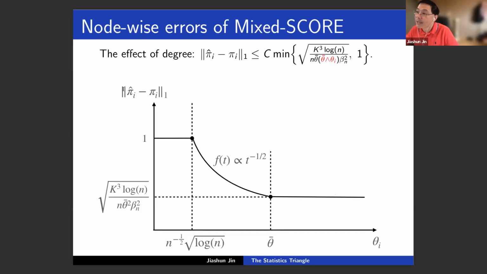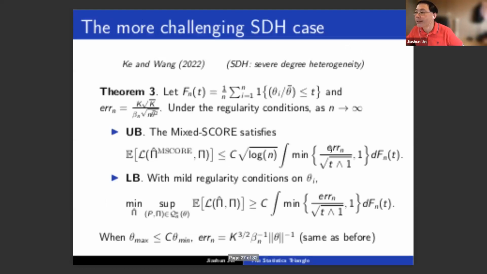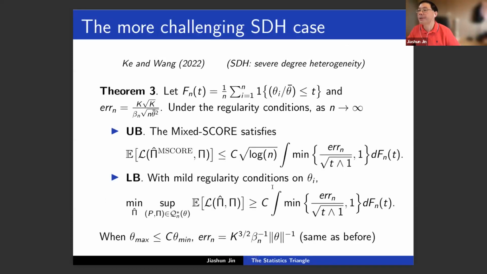In that kind of case, these are weight vectors, so their L2 norm in the worst case is 2, which is comparable to 1. In between, it's very interesting. Your θ_i is not too large and not too small. That means we can estimate your π_i not very satisfactorily, but it's better than doing nothing. This is the rate at which you can estimate π_i. Putting all this together, you get this very complicated formula, but it's sharp.